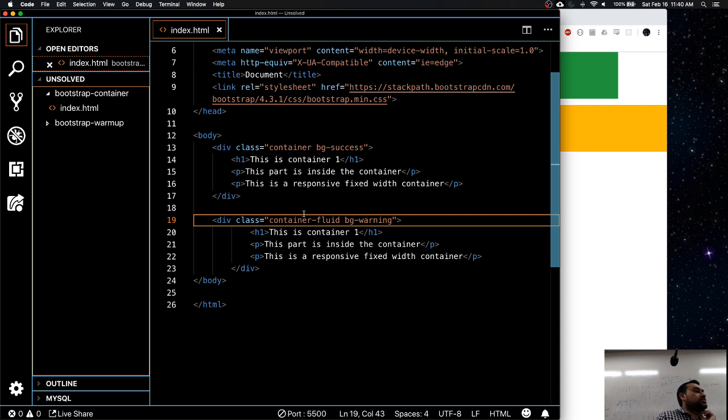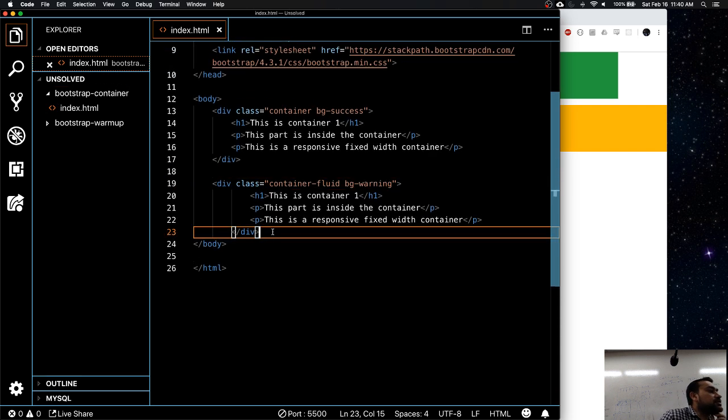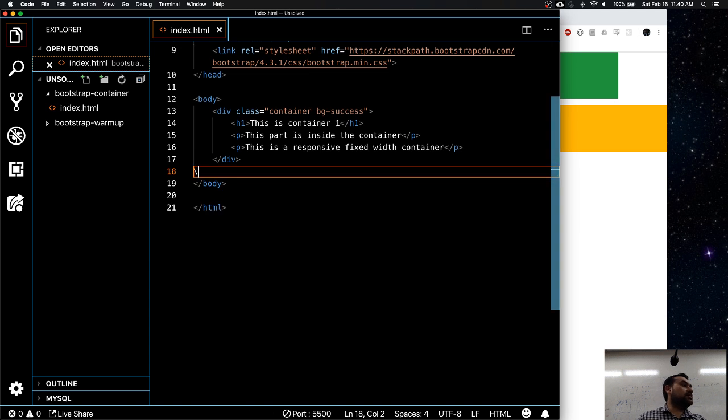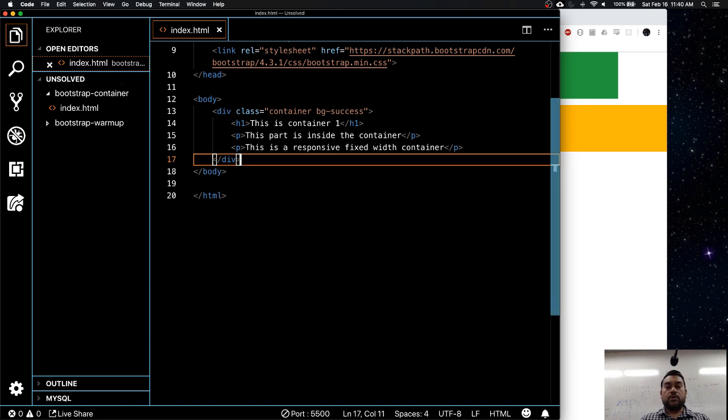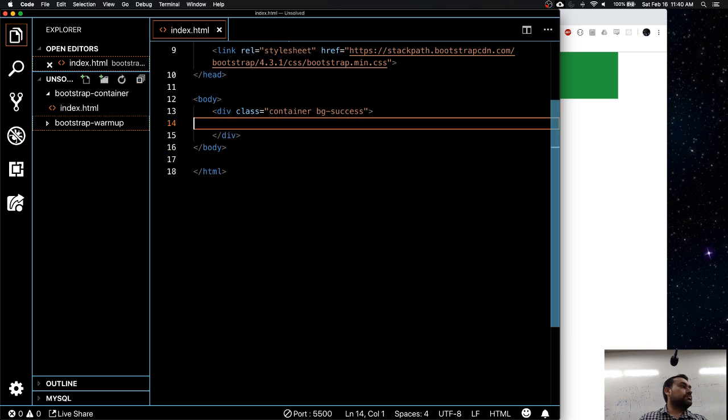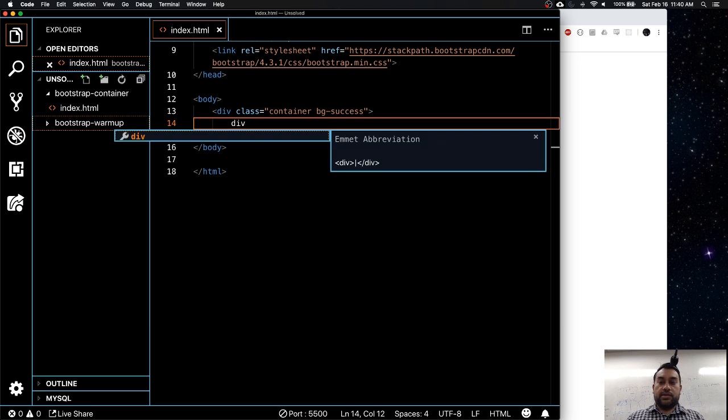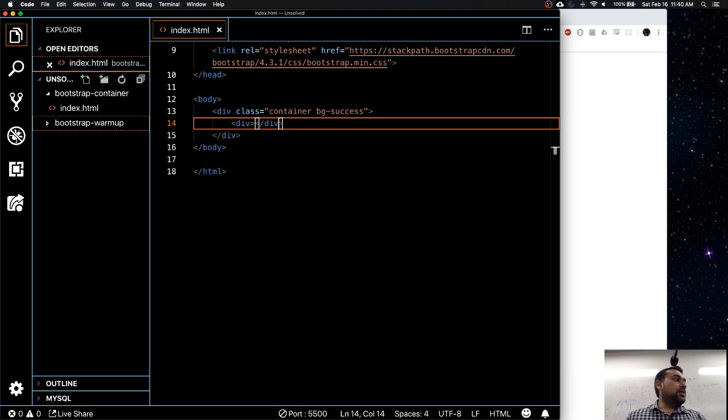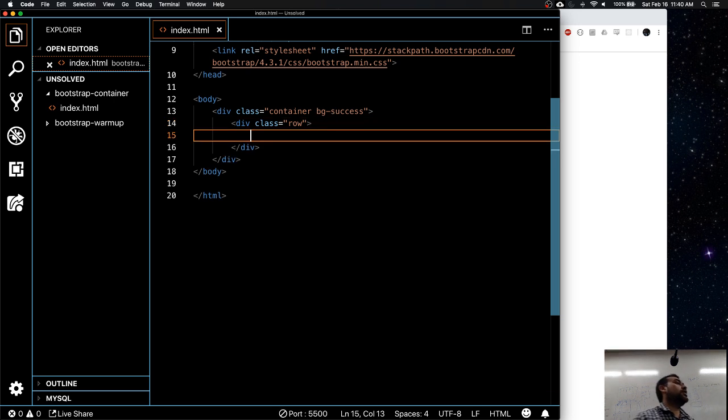Let's stick with this one. I'm going to just keep modifying this example. So I have a container. Let's remove this. After the container, what was the second part? I need to have rows. So let's go ahead and give class row. Everybody good? I started with a row. There's no number with a row. Everything is cool because a row is just 1.